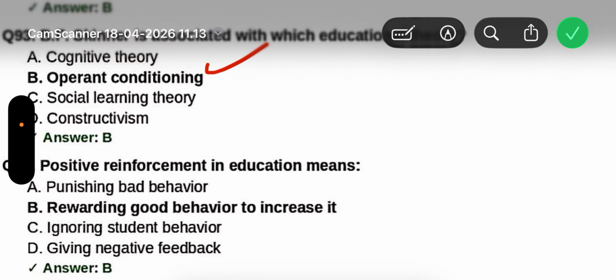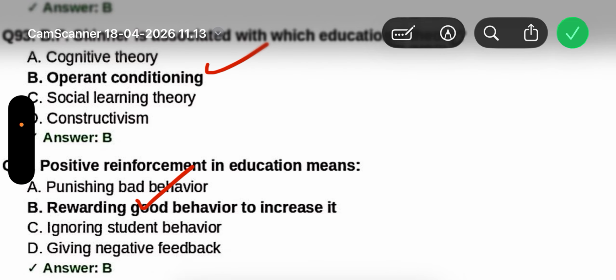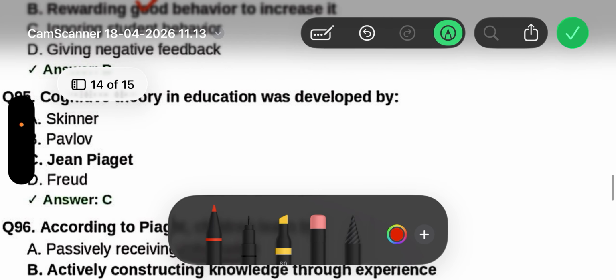Option B. Rewarding good behavior to increase it. Which means when a student shows good behavior, you should reward him or her. It is positive reinforcement. Question number 95. Cognitive theory in education was developed by Jean Piaget. Jean Piaget developed